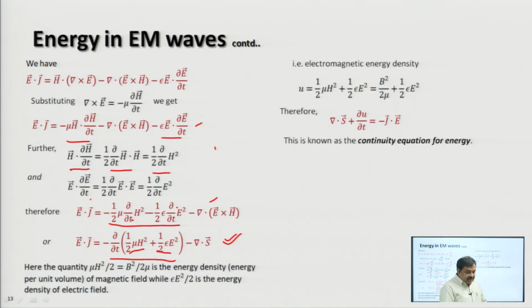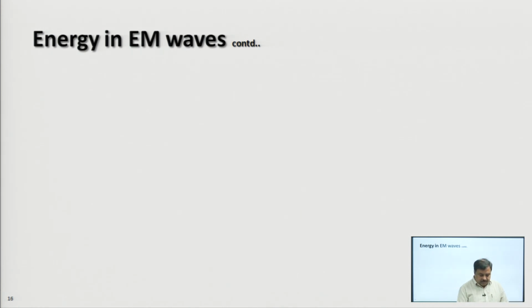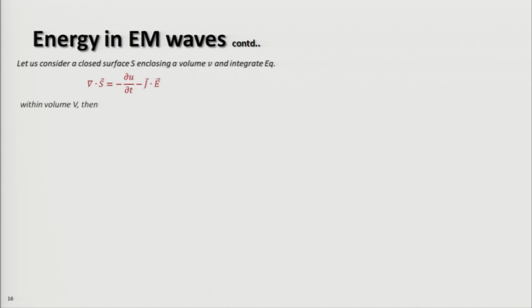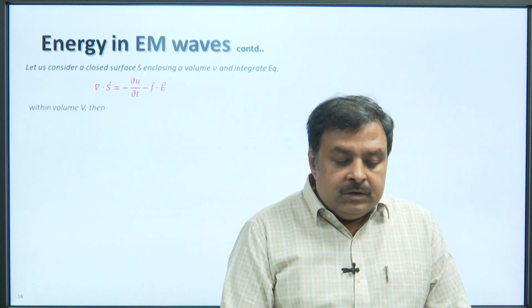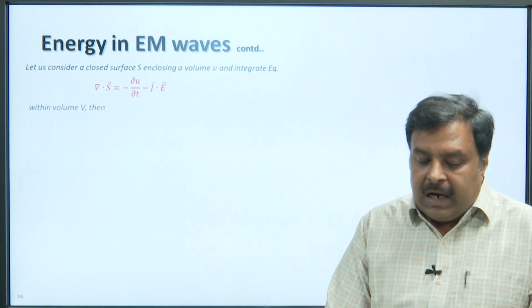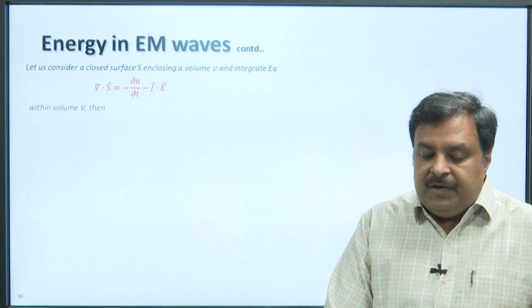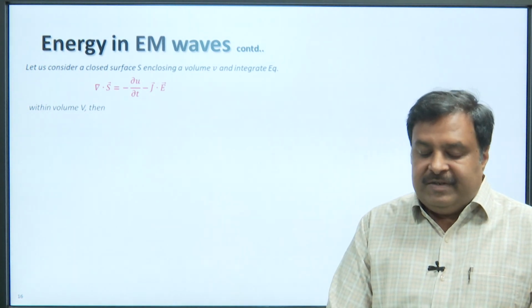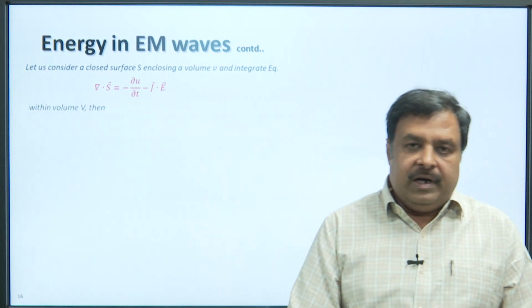So, del dot S plus delta U by delta t equal to minus J dot E. This equation is known as the continuity equation for energy. So, we have del dot S equal to minus delta U by delta t minus J dot E as Poynting's